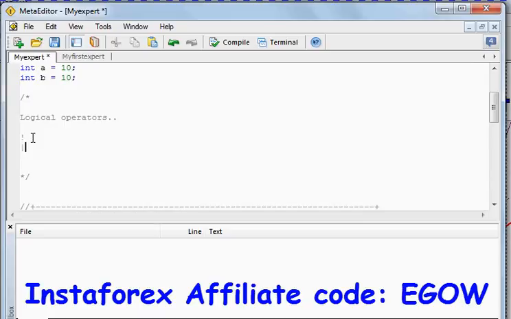The second one is the OR operator, and the third one is the AND operator. The two straight lines represent the OR operator, and the two ampersand signs represent the AND operator. So let me tell you about the NOT operator, or the negation operator.